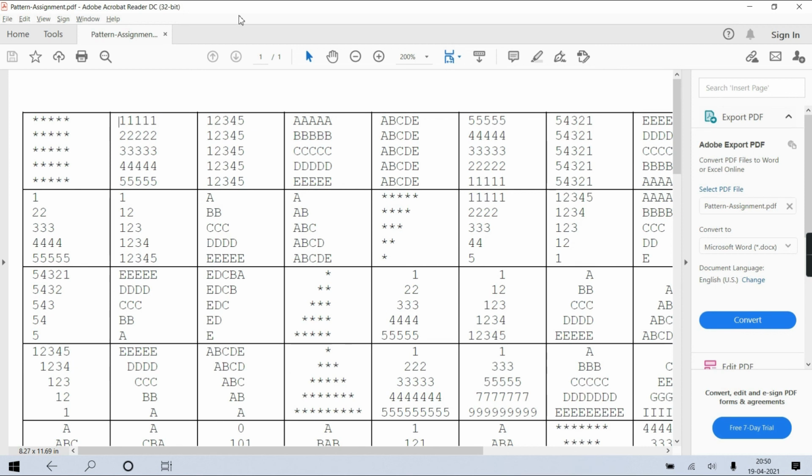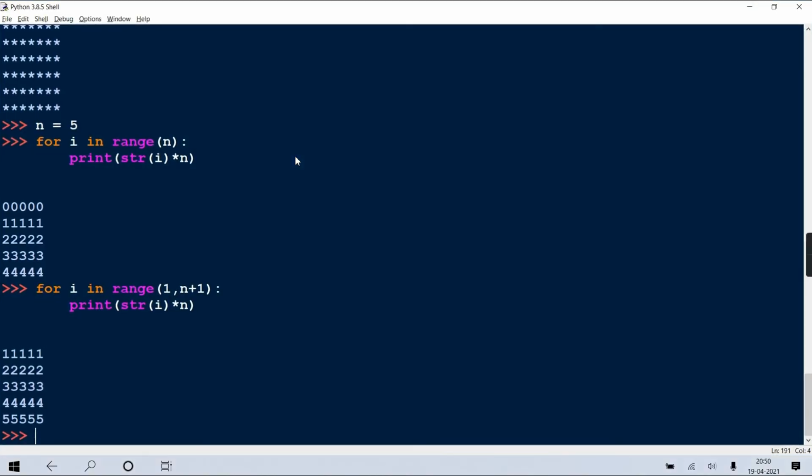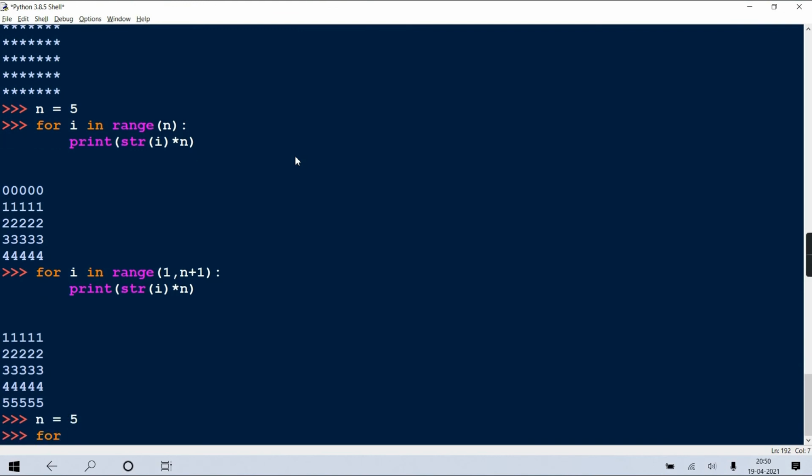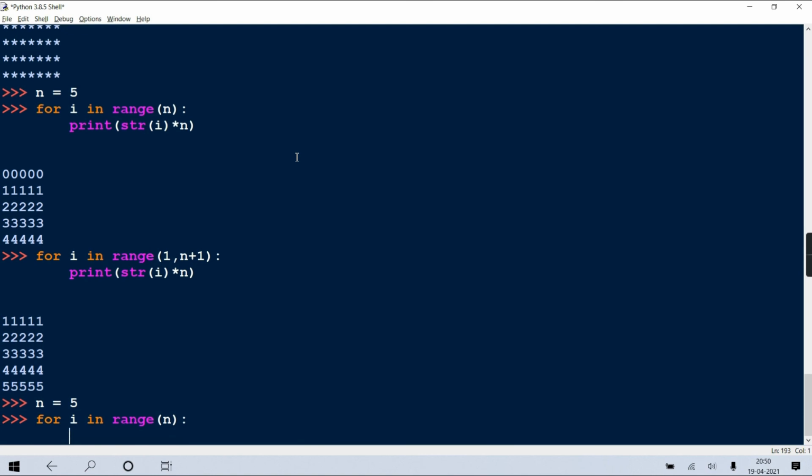In every line we have to display 1 to 5, 1 to 5, 1 to 5. So this number is changing. So obviously one inner loop will be there, which will vary from 1 till n. And this whole activity you have to do how many times? N times. Okay. So there is no option, you have to use what? A nested loop. See, for i in range n. Now the outer loop's job is to keep the count of lines. See carefully what I am saying. The outer loop's work is to keep count of the number of lines, whether that many lines are done or no.